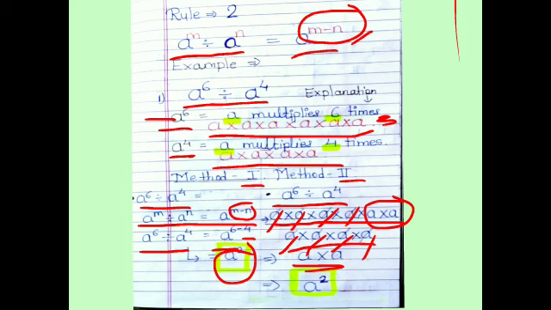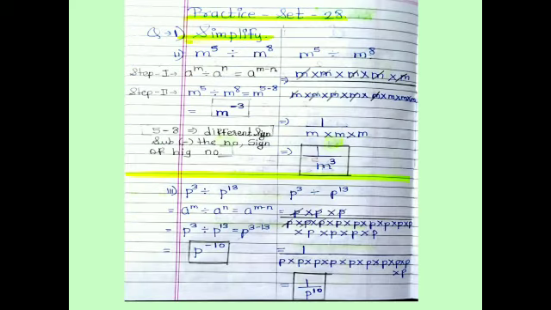Now we will see example number 2, practice set 28: simplify m raised to 5 divided by m raised to 8. First step is write the rule. Second step is substitute the value. In this example, what is the common base? Yes, the base is m. And what you have to do? Subtract the index numbers. So what are the indices? 5 minus 8. Now students, see carefully.